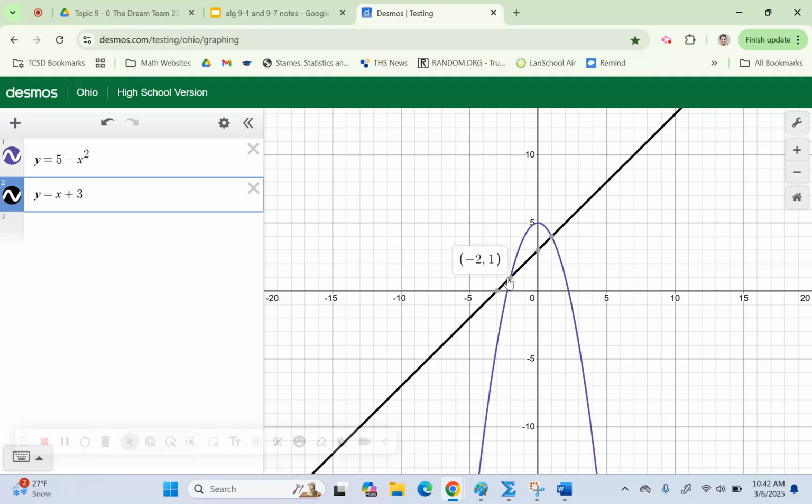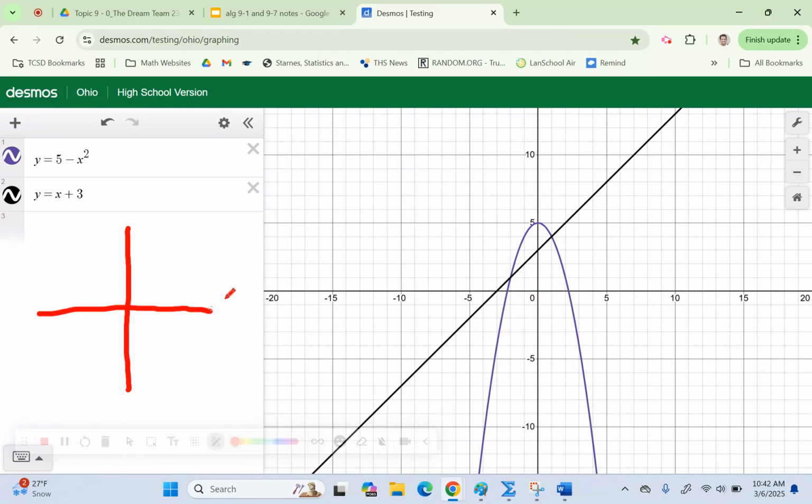Now, I don't care how you want to graph it in terms of the points you use, right? So here's the graph they give me. If you want to use the 2 points where the intersection happens, you can do that. If you want to use different points, you can do that as well, right? So again, to graph, I might use different points, but then I'll label the points of intersection. So to graph the parabola,